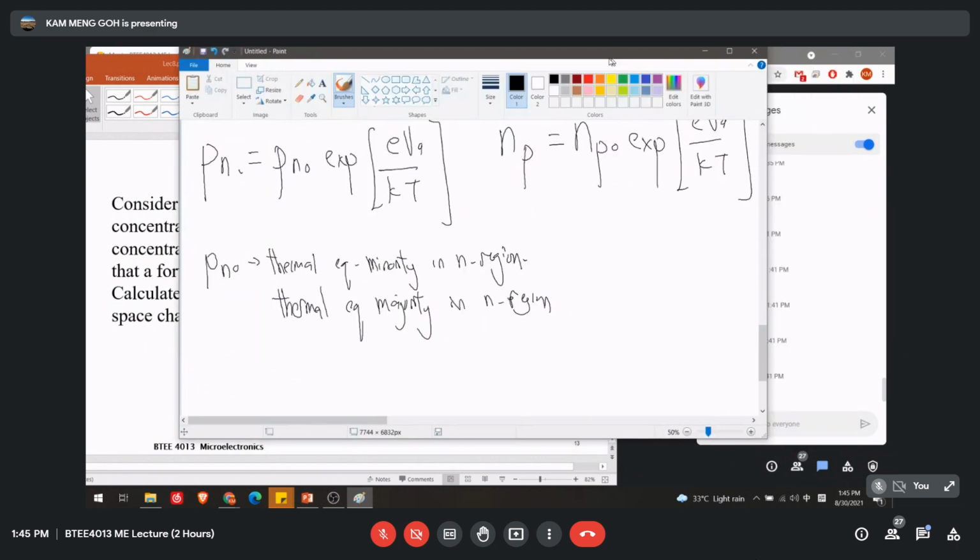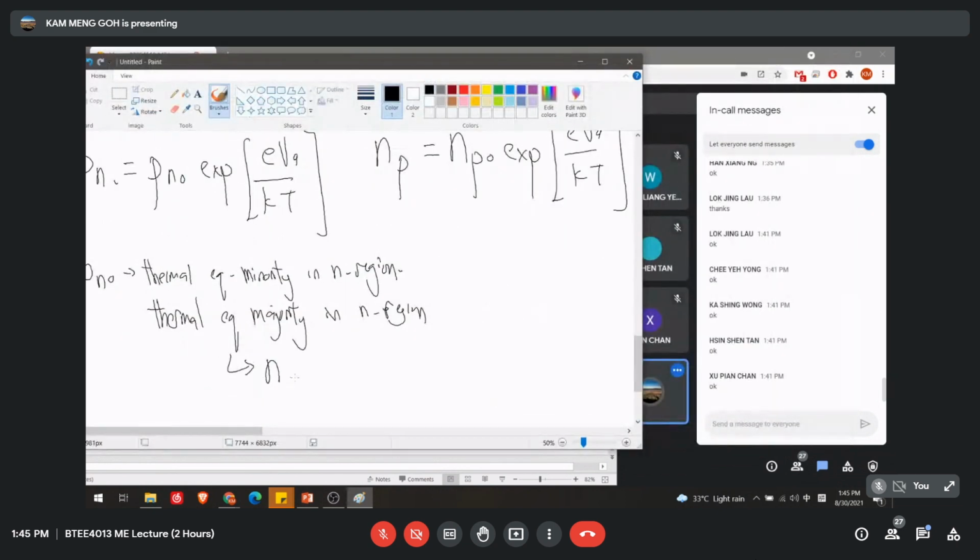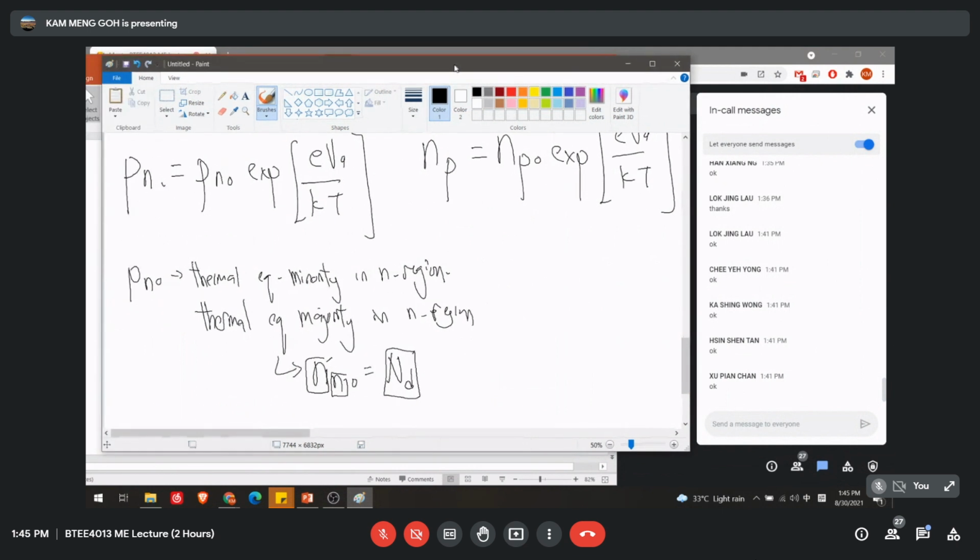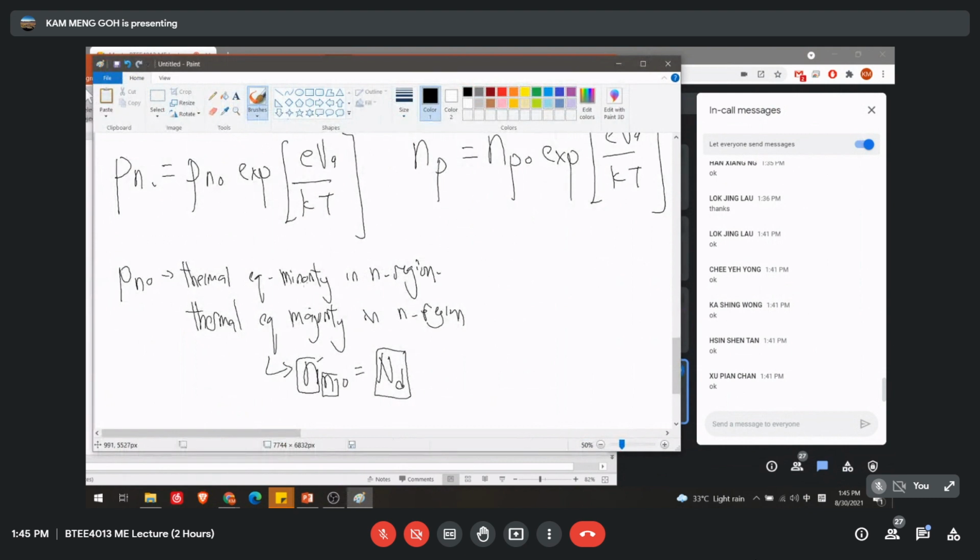This is the NNO, and we can also write it as ND. Can you understand this? This thing we have learned just now. In the N region, the majority is the N, and it equals the donor atom because we do it inside the donor atom. Since ND is given from the question,